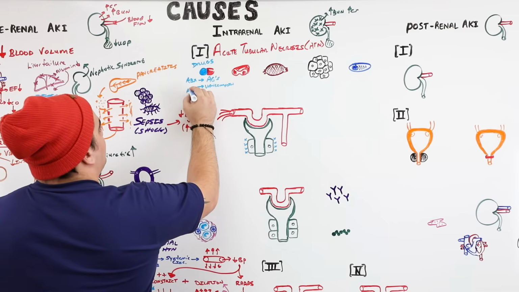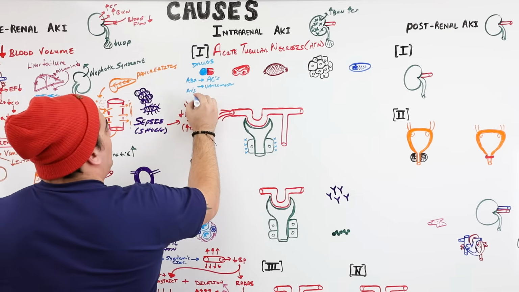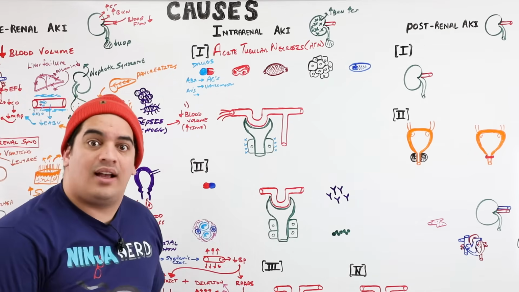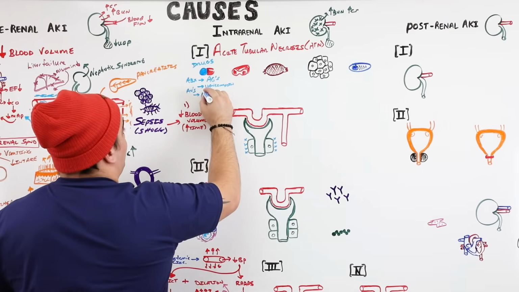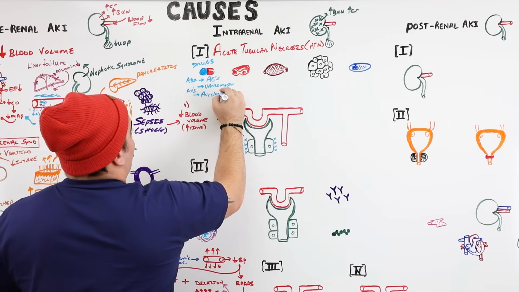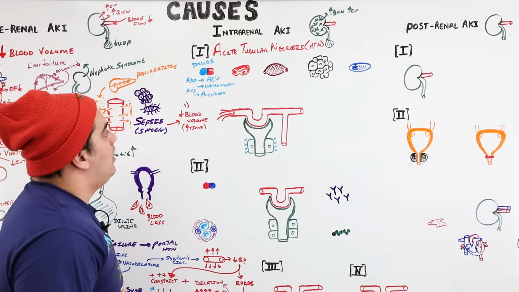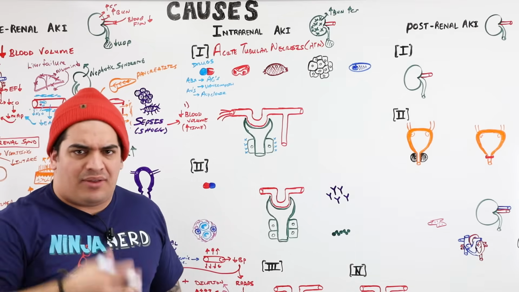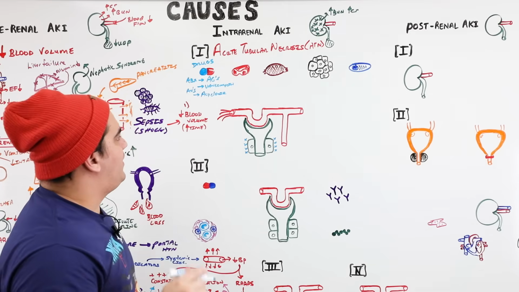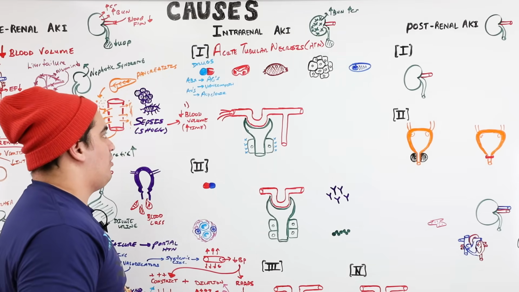Another one is antivirals, believe it or not. There's acyclovir that we can prescribe in certain types of infections. Acyclovir is kind of a nasty one as well. So these are some. There's also other drugs like methotrexate and many different types of drugs, but these are kind of the big ones that I want you guys to remember.